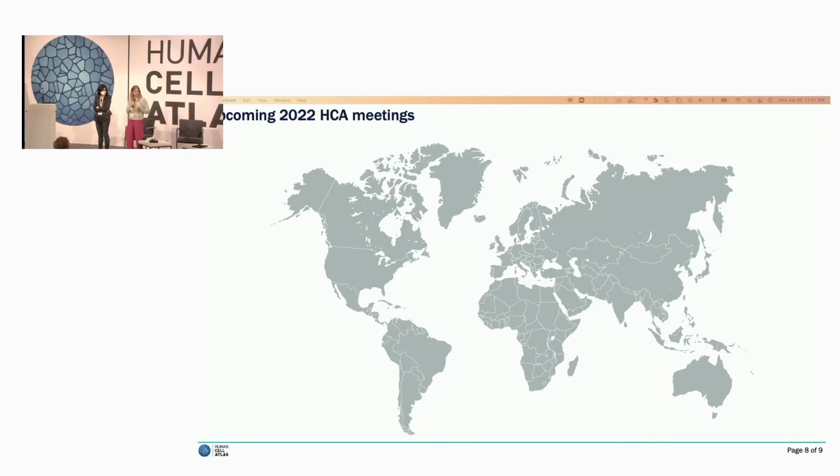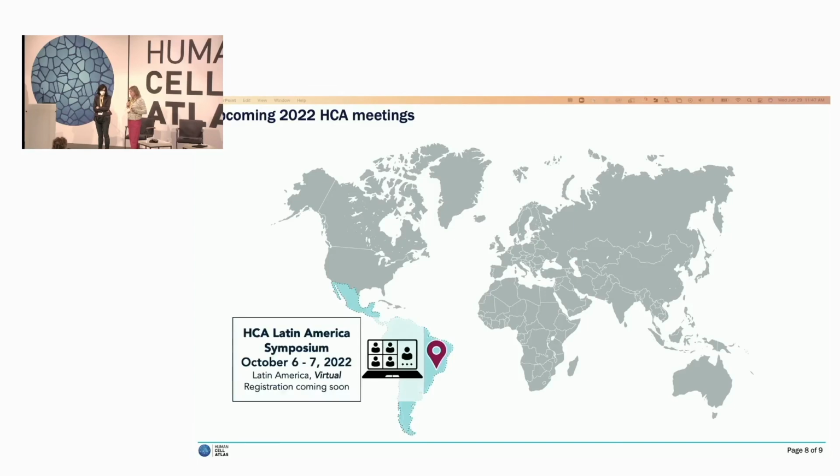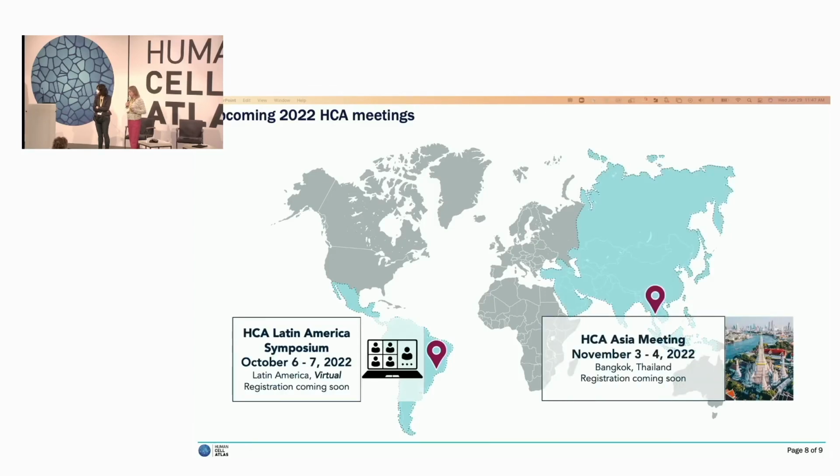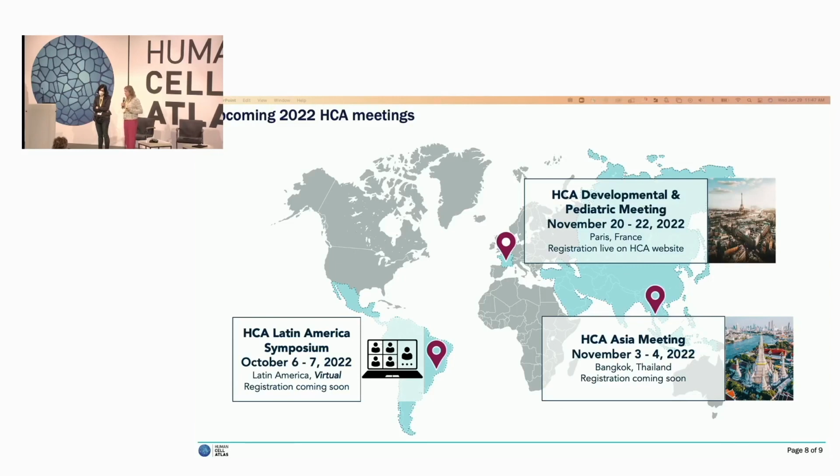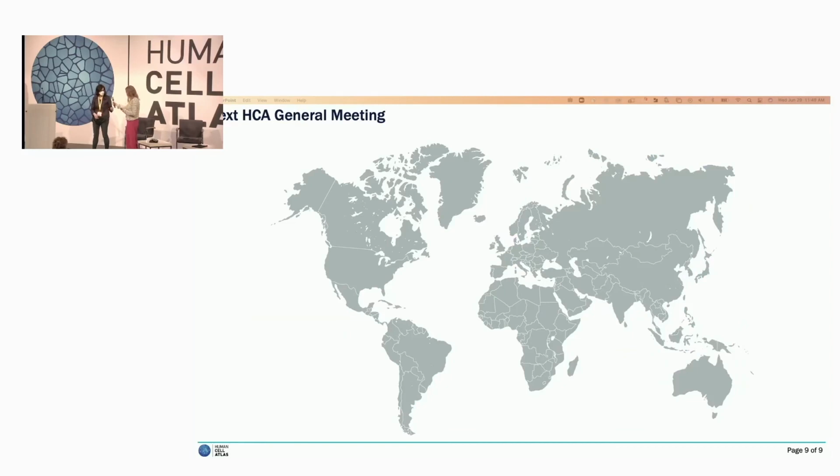So this is kind of where the reveal will come after this, but you've heard that there will be a development meeting coming up. There are also regional meetings in the next months, in October in Latin America and in November in HCA Asia, and then in Paris we have the HCA Developmental and Pediatric meeting. So you're all warmly welcome. Watch this space. There will also be online participation as well as in person. Again, that's the HCA tradition. And you see that the registration is already live for the pediatric and development meeting. And without further ado,